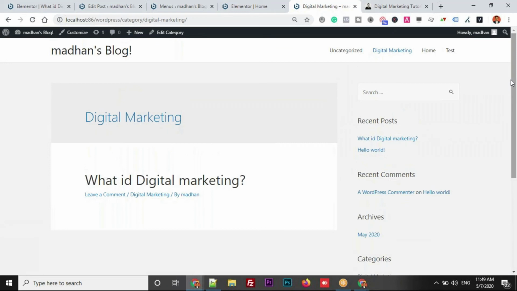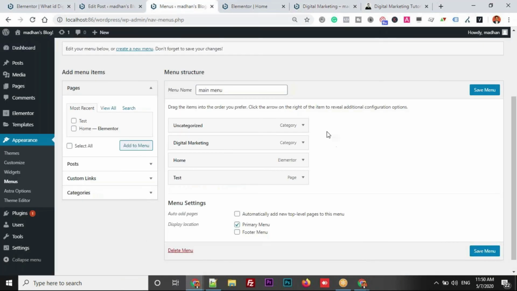Like this, you can segregate the posts based on categories and you can add categories onto the menu to make it easy for users to access the content which is available on your website. Right? This is how you can create menus. You can add pages, posts also you can add, but don't use it, and categories. So far, I have shown you how to add a page or a post which is already created on your website onto the menu. Simply we are choosing it from the list. Why? Because I already created it.